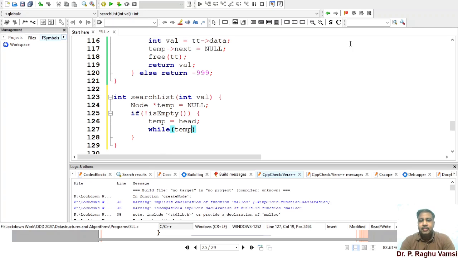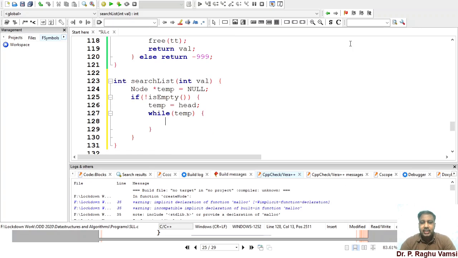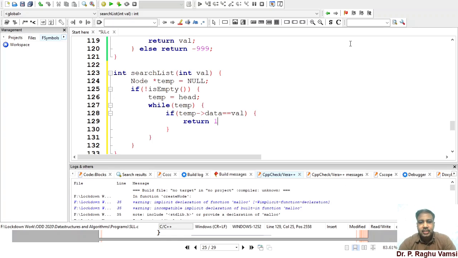while temp. So that means you have to iterate and you have to check the temp data. If temp data is equal to the value that you are supposed to check, then simply return 1.